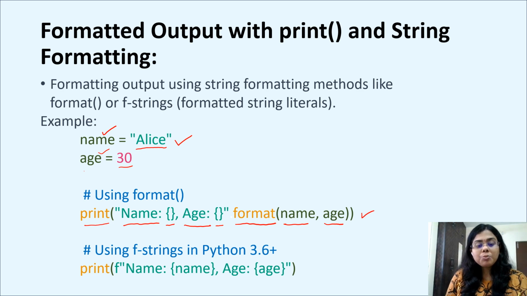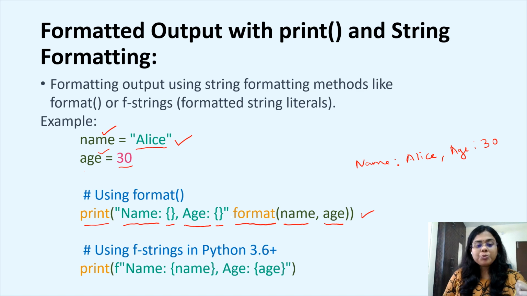So what will be the output for this? The output will be name colon Alice and then comma age colon 30. Even though the name and age variables might have different values throughout the program, the end value is now